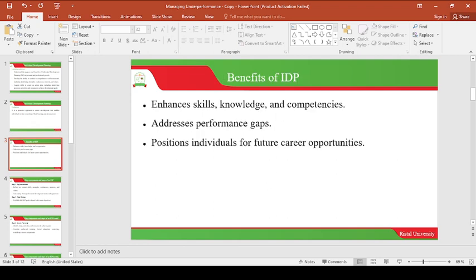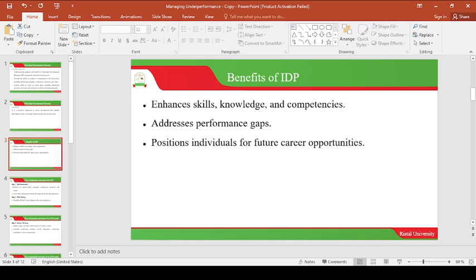Now let us look at the benefits of IDP. IDP in this context does not mean internally displaced persons, people who work with the NGO. You may think that we are talking about the IDPs in the camps, but no. This one is individual development planning. It enhances skills, knowledge, and competencies. Now that you're having a diploma, there is a difference between having a diploma and a degree.